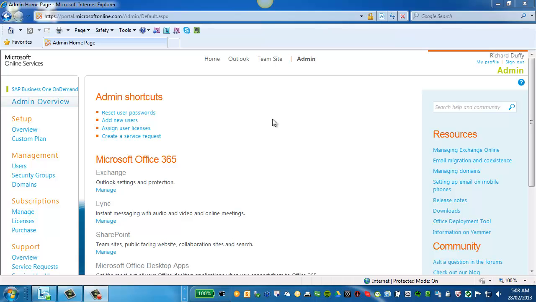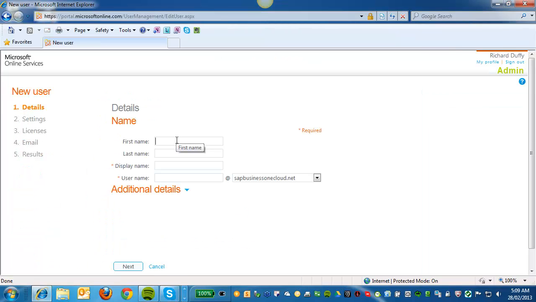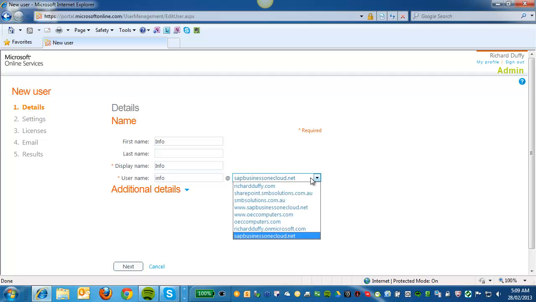going to use. So for example, my company name is SMB Solutions, so I'm going to create an email address called info@smbsolutions.com.au. What I'll do is I'll go in here and I'll choose to add a new user. And then I'll put in the username, and I'll just say the first name is info, the display name is info, and my username is info. Now I have a couple of different domain names connected to my Office 365, so I'll just pick the one that I want to use here, which is